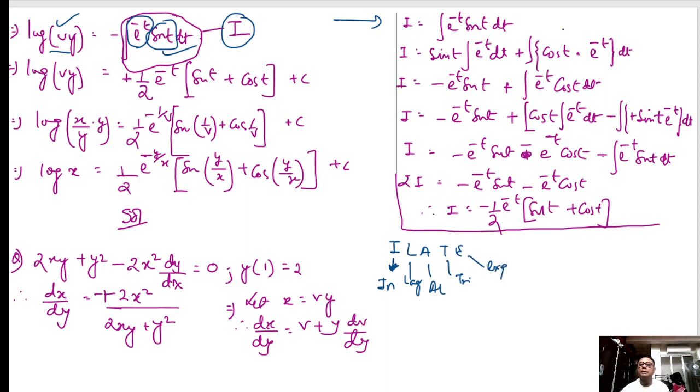Out of this there is a trigonometric function and there is an exponential. So which one shall I take as U? Trigonometry comes first, which means sin t will be taken as U. And what is the product rule formula? If it is U into V dx,